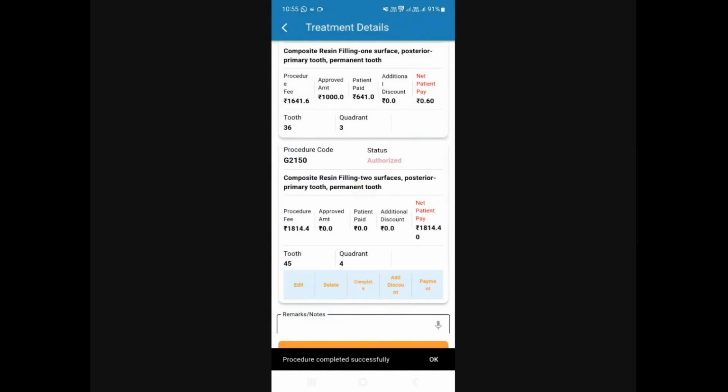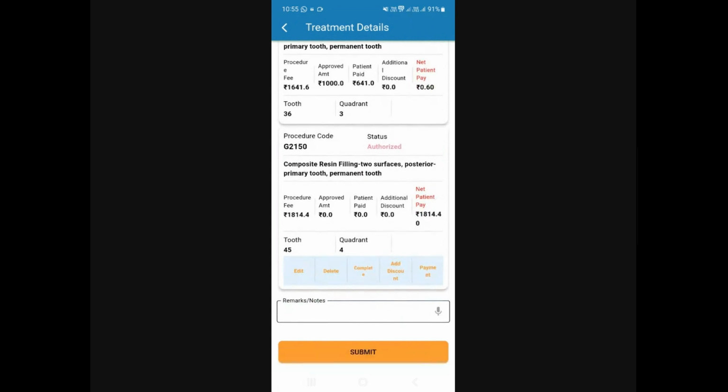Now coming to the last section here. This is a class 2 filling for a premolar. Now the entire procedure fee is 1,814. The approved amount is 0. So the entire amount the patient has to pay here. And this amount you will have to collect from the patient and then,